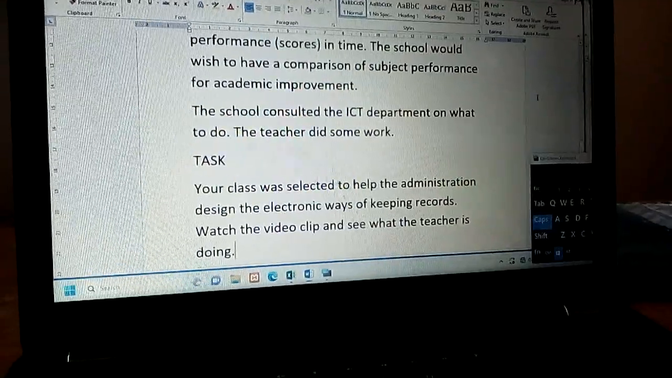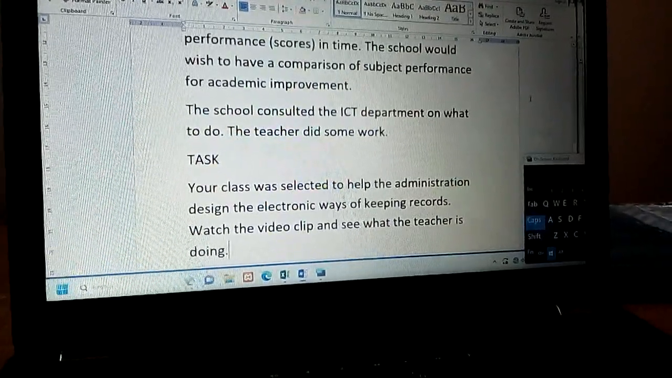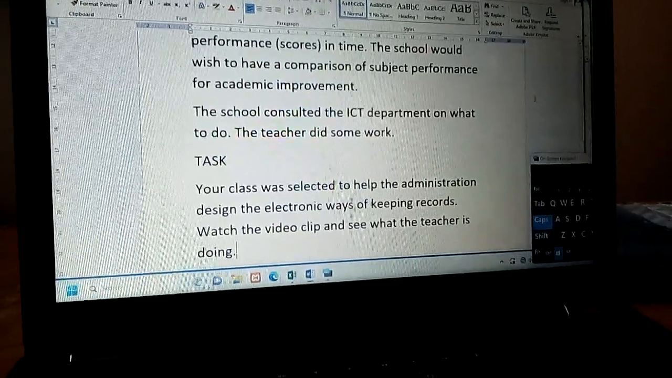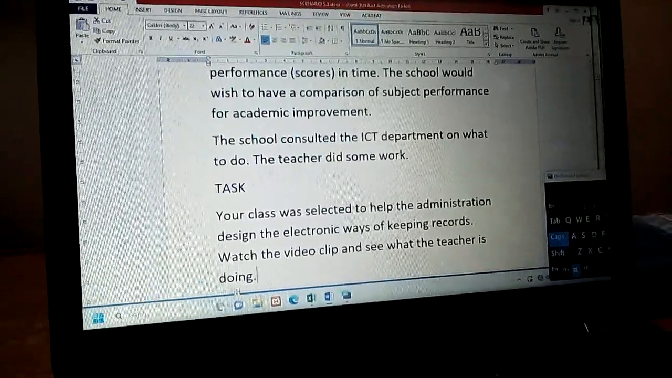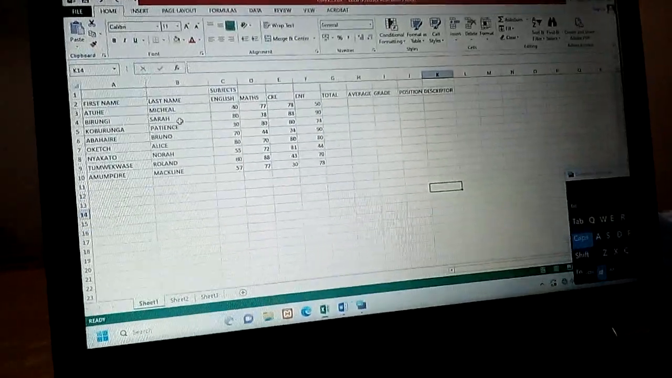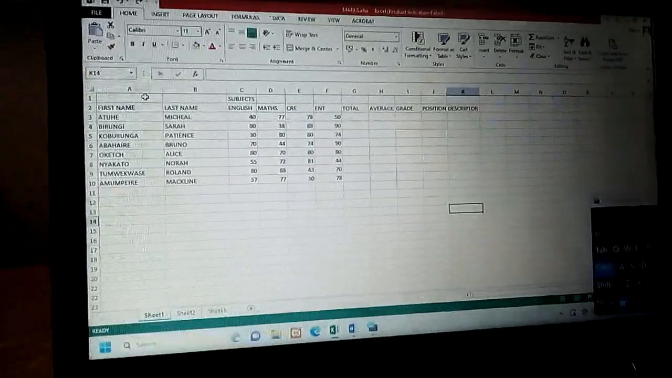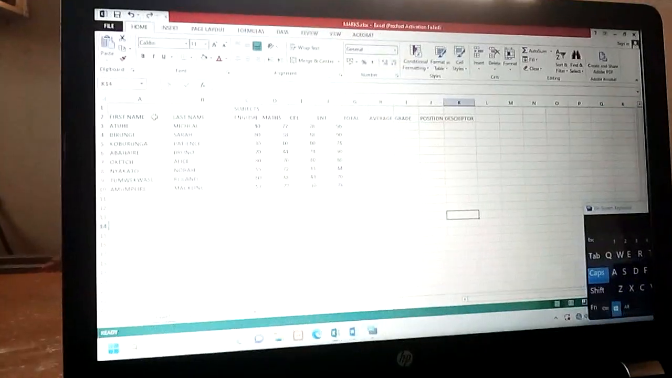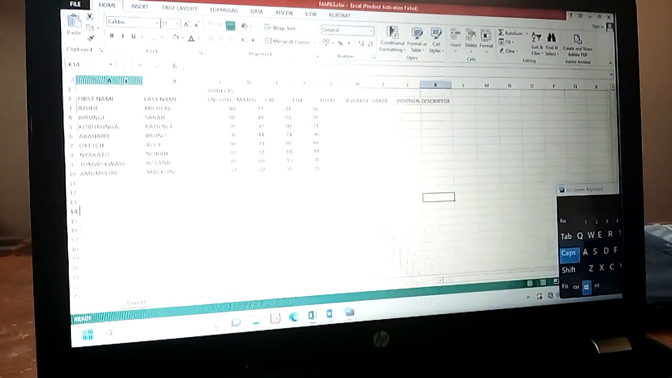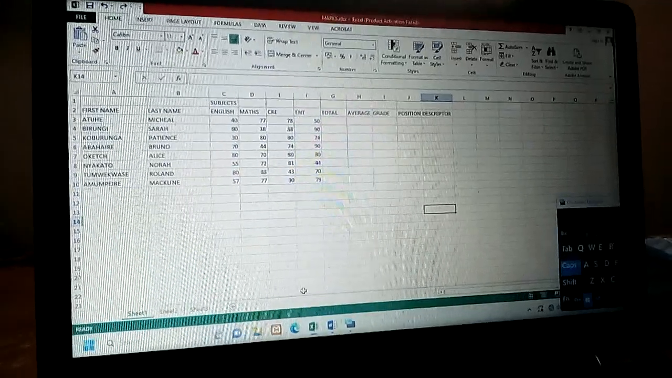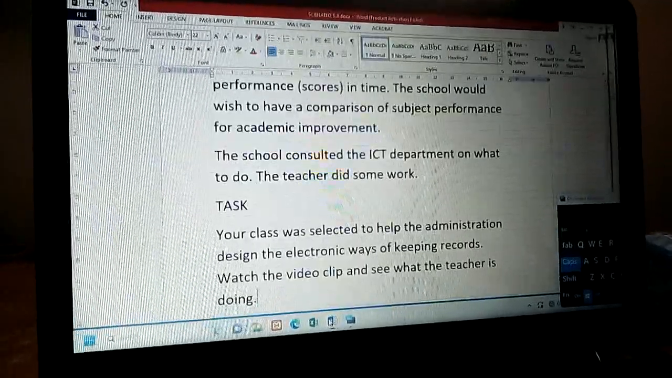your class was selected to help the administration design the electronic ways of keeping records. Watch the video clip and see what the teacher is doing. So on the video, here the teacher designed a sample table having a number of students, then some sample subjects, then according to the scenario, they are testing the learners'